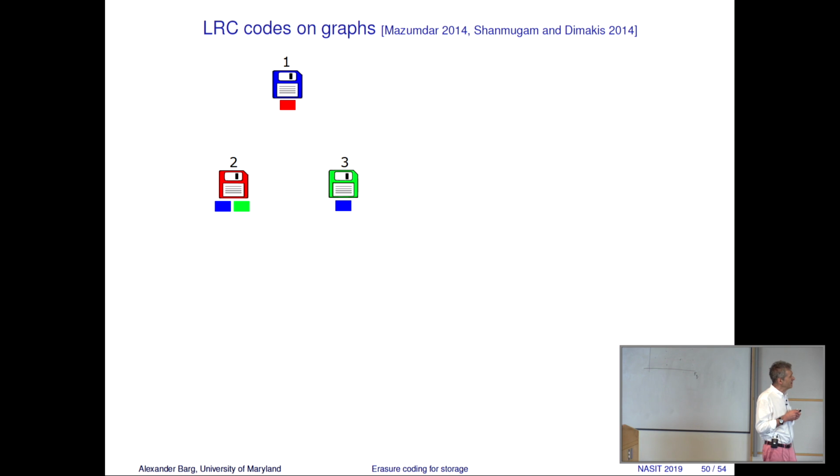So what is a graph? Not in general. In general, we know what a graph is, but what is LRC on a graph? Previously, we have done the repair assuming that we can go to any subset of coordinates. Well, let us say we cannot. Let us say we can only communicate with those that are imposed by a particular graph. So not only communication constraints in terms of the repair degree, but also connectivity constraints.